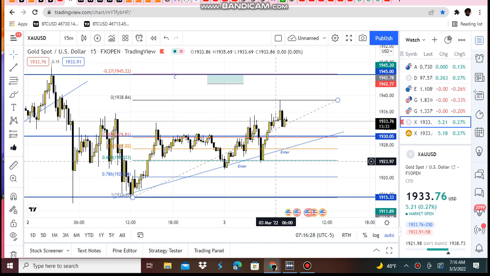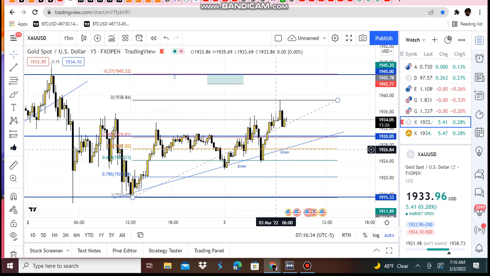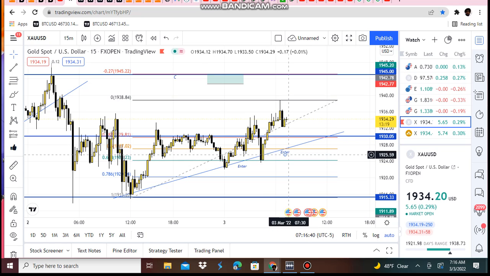And then as price heads back down, you could either take profit at 1935 and wait for price to go back down to 1924, and then enter again around 1924, 1926, around 0.5. We had one at 0.618 for one entry, and then we could have another one at 0.5 for our second entry. And then price makes a higher high, makes a higher low, making structure, and then price makes